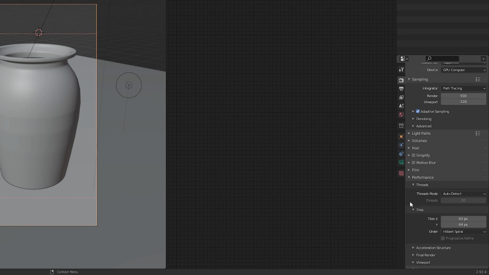The tile size here should be in line with the rendering device we are using. I will use both GPU and CPU devices to render here. So, I have to give the tile size that fits the CPU rendering. If you are only using a GPU for rendering, your GPU tile size should be 128, 256, or 512.